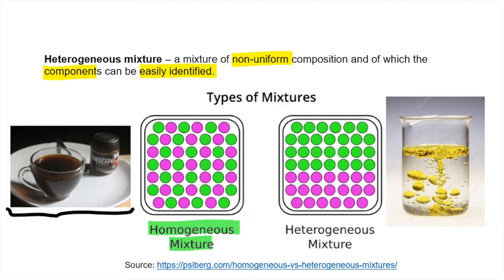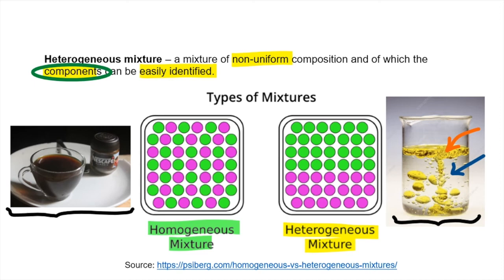Now on the right hand side, we have an example of a heterogeneous mixture. Specifically, we are looking at oil that has been mixed with water. Firstly, it is very clear that the different components, which are oil and water, can easily be identified. We can clearly see that over here we have the oil and over here we have the water, right? So it's very easy to identify the different components,